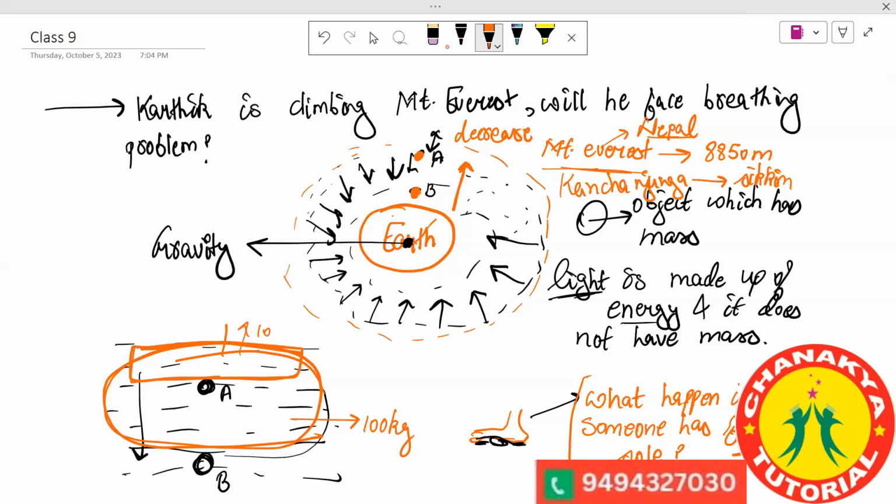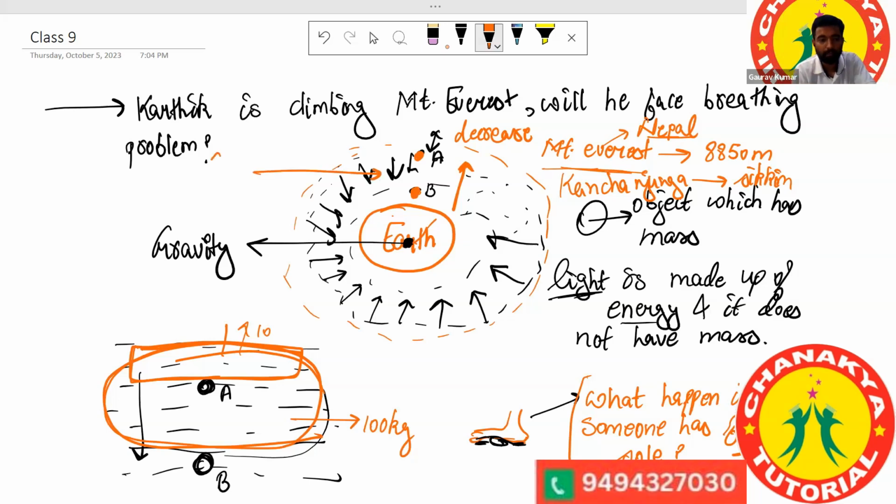Assume the surface, around the surface there is high pressure. So due to high pressure, all of the oxygen is concentrated in this space around the surface. But as you go above, as there is low pressure, the oxygen will disperse. It will move far, or we can say the concentration of oxygen